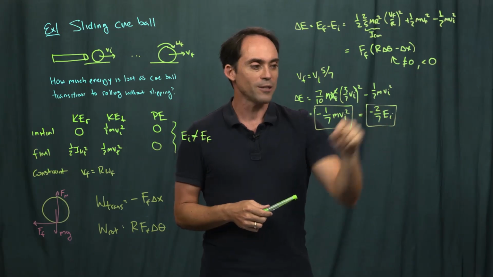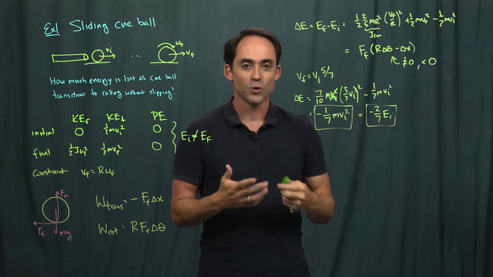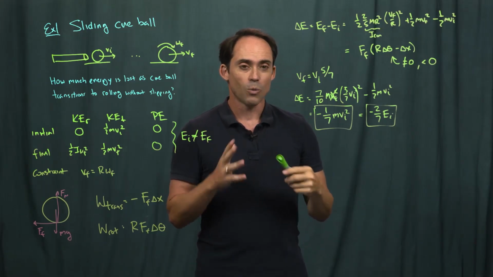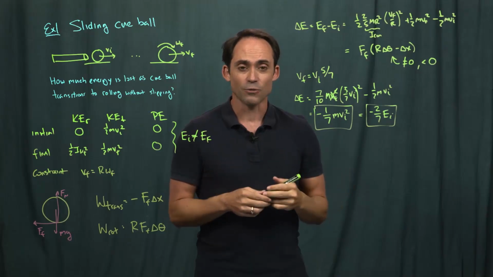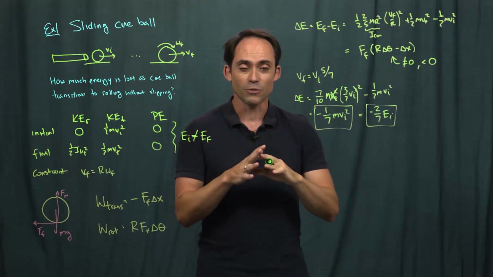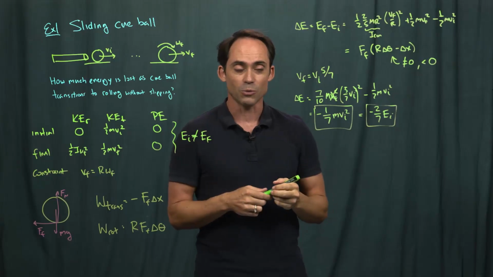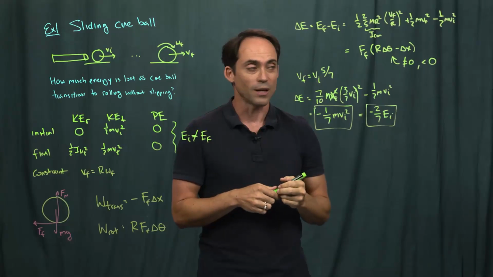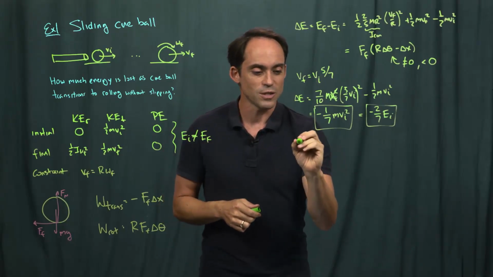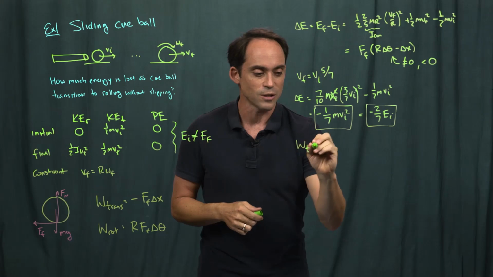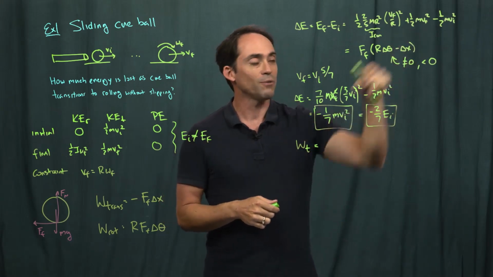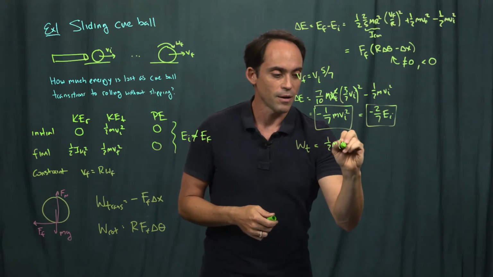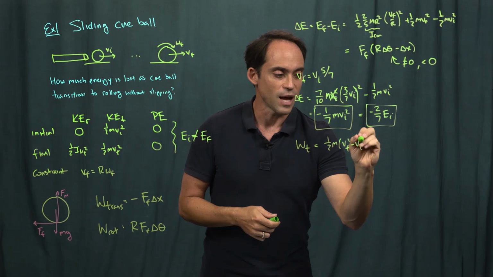So it's lost minus 2/7 of the initial energy to the friction force, the dissipative force that's acting between the ball and the table. What if it was just the sliding friction that we're losing entirely? What if it's just a sliding block going across? How much energy would we lose over this same rotation or same difference in speed? Well, in that case, if it was just the work due to translation, that work is just the difference between our initial and final speeds. So that's 1/2 m times Vf squared minus Vi squared,